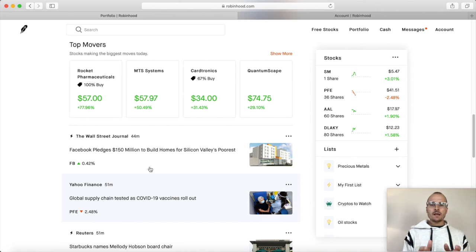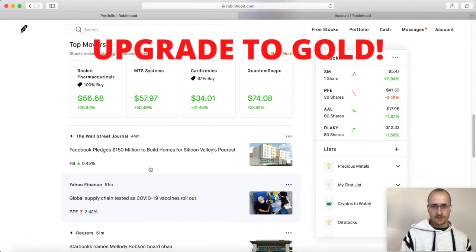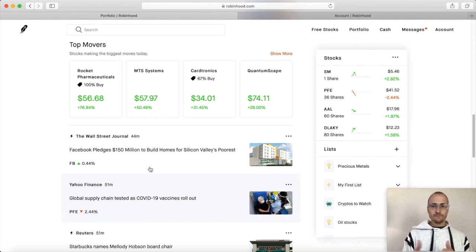Now, if you want more purchasing power, if you want to be able to get more funds in your Robinhood account faster, you can upgrade to the gold version. The gold version is free for the first 30 days. You get a 30-day free trial, and it's $5 a month after that. Now, what do you get with the gold version? The gold version gives you a deposit